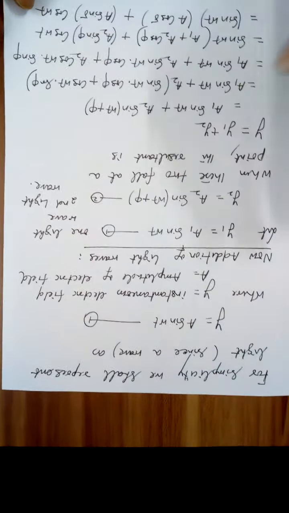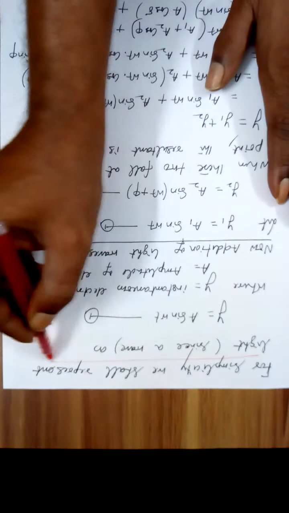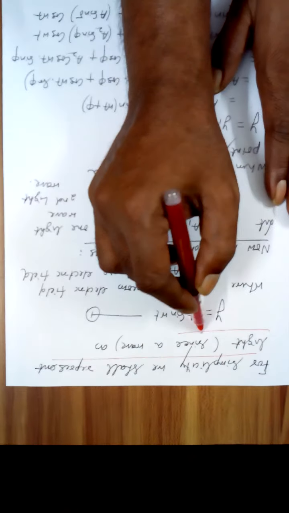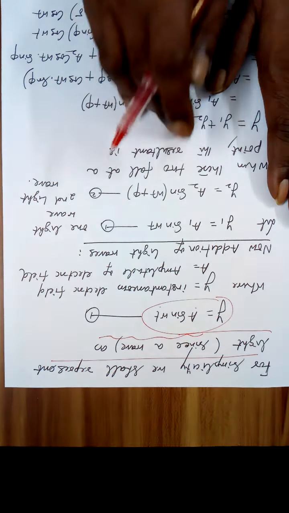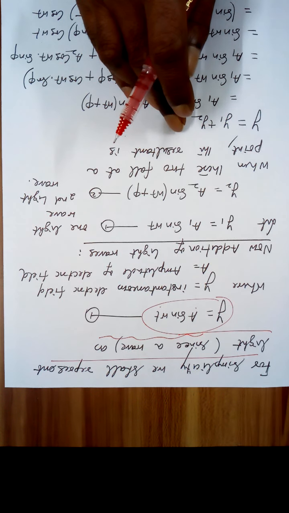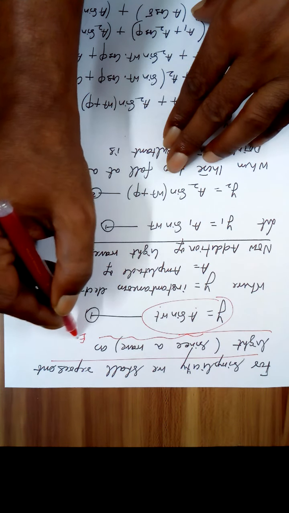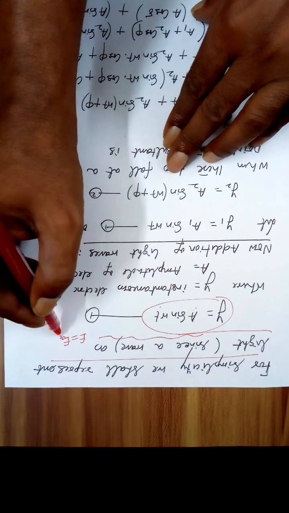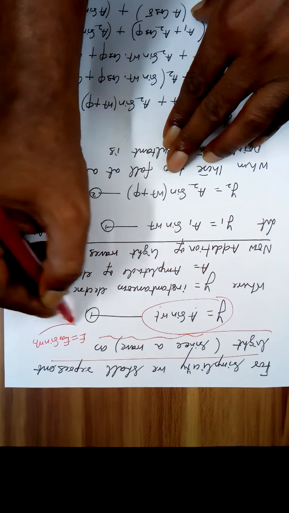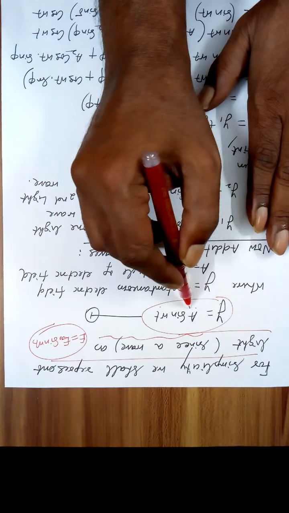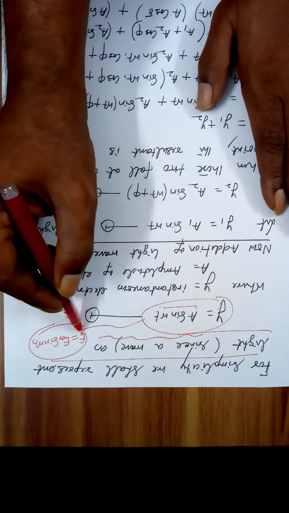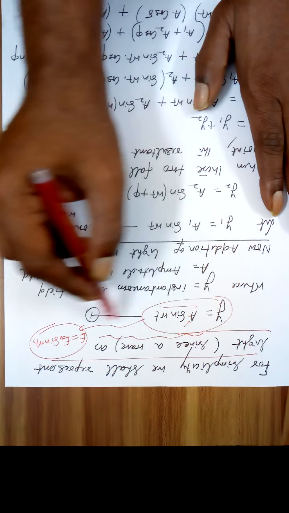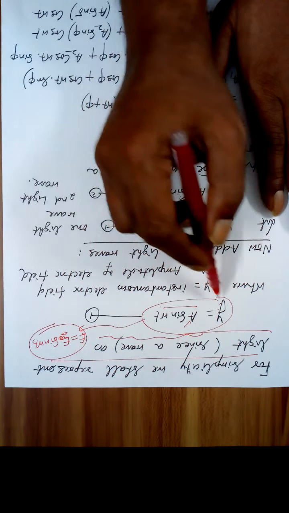Now for simplicity, we shall represent light, since it is a wave, as y is equal to a sin omega t. Actually we should have used E is equal to E naught sin omega t. So for simplicity we are writing y is equal to a sin omega t. This is the same thing, where y is the instantaneous value of the electric field, and A is the maximum value of the electric field, E naught. So I am using this expression,